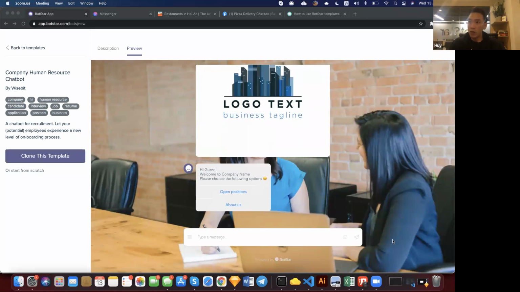But I want to highlight that by releasing our full set of API in about 2 weeks, don't take my words for that, 2 weeks is probably the earliest time for that release, that will bring a lot of integration possibility for BotStar. And also we are open to the,